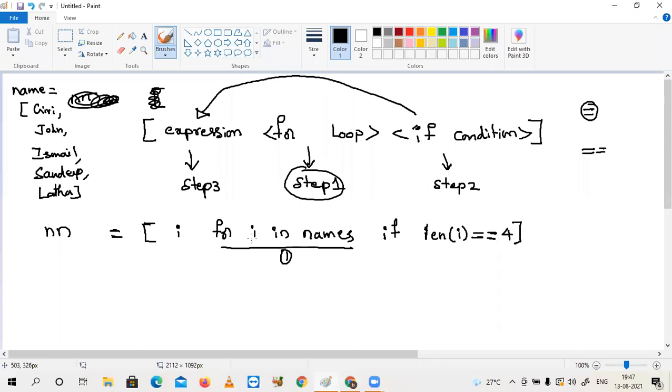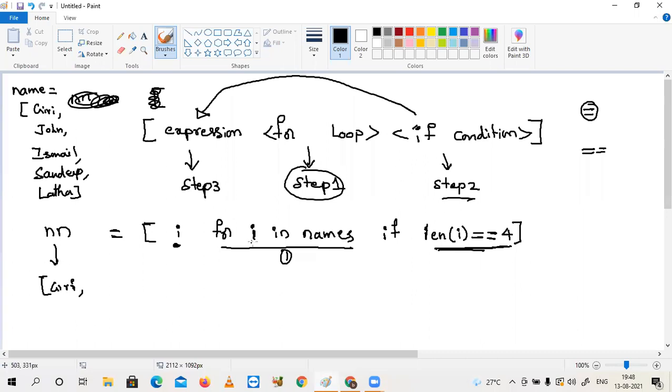In the first iteration, what is the value of I? Giri. Check the condition, second step. Check the condition for 4. Satisfied. True or false? True. If it is true, the value will be written to this one. Are you doing any modification for Giri? No. As it is, that will be appended. Giri will be added to this one.